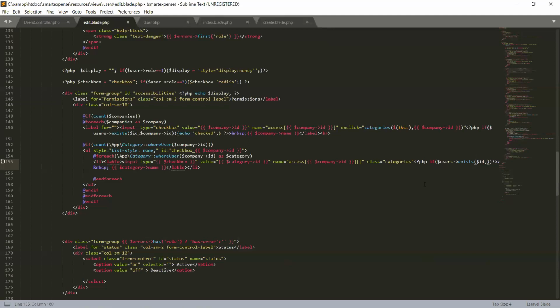Check this ID first, then the company ID, and then the category ID.